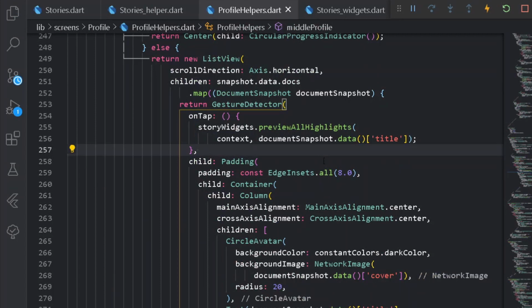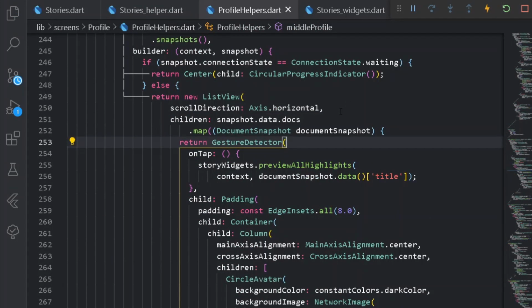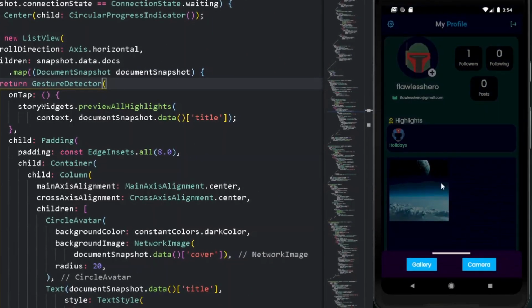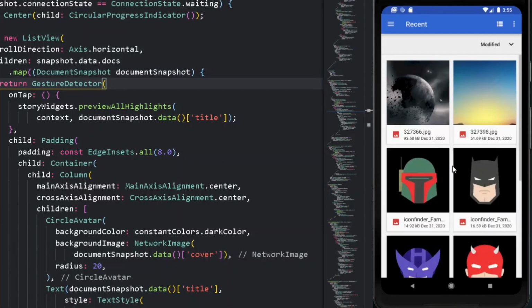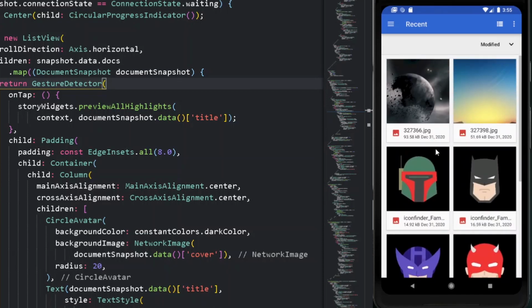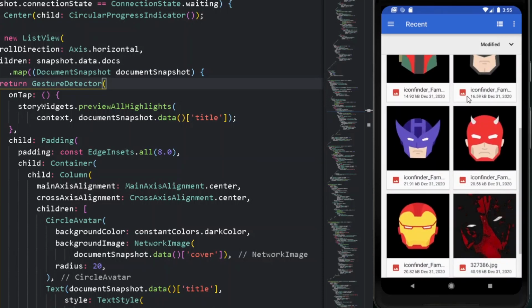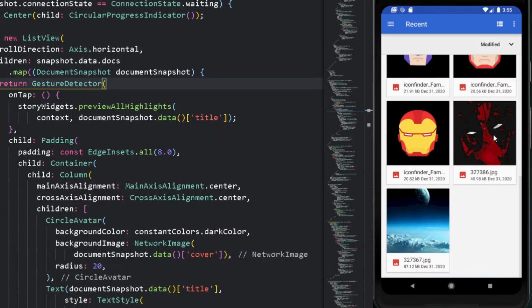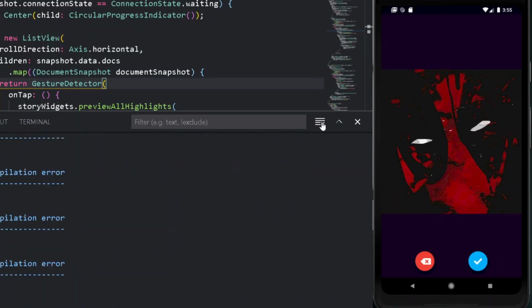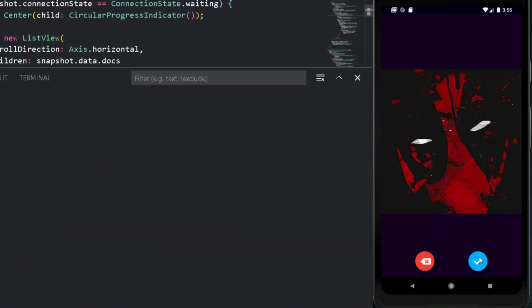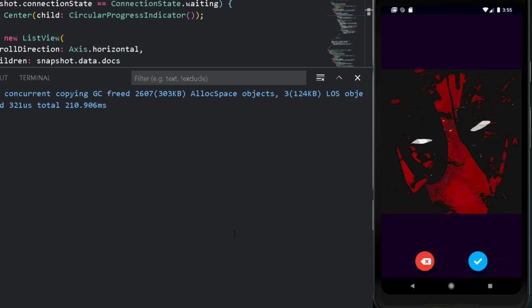Easy thing. Now before testing it out, we can do one thing: add a new highlight for the following user. For that, let's go under gallery, and here let's add a new highlight. Let's have the following image. Let's go to the bottom and select the following Deadpool image. No worries. Let's check our debug console. Alright, let's create it once, and here let's test the following thing, that is upload the following image.